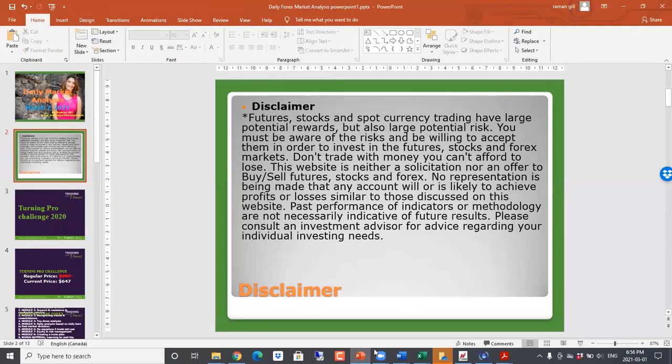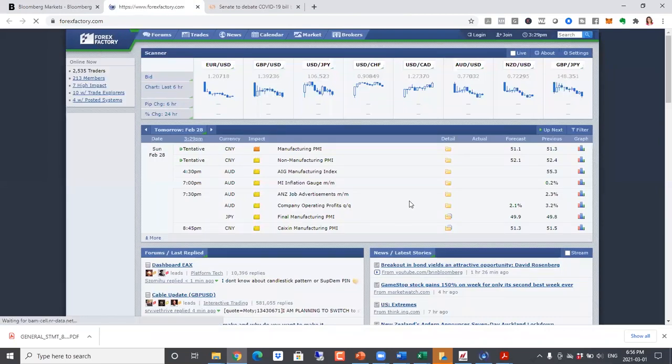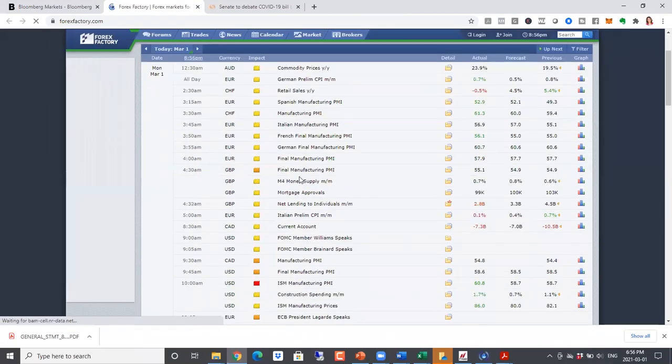As usual, we'll start off by taking a look at our calendar here. So in terms of overall what's going on in the market, we have seen the stimulus bill in the US, a $1.9 trillion stimulus bill. It got passed through the House and now it has gone to the Senate. They'll have to get the support from the Republicans in order to pass it in the Senate. One of the big sticking points was the wage increase to $15 per hour, and Republicans didn't